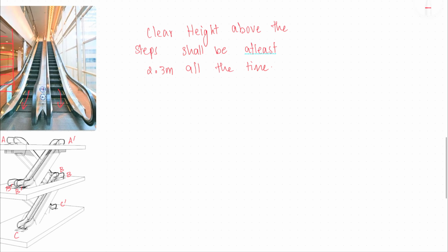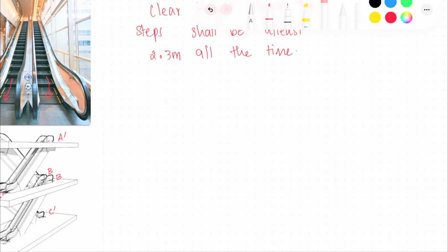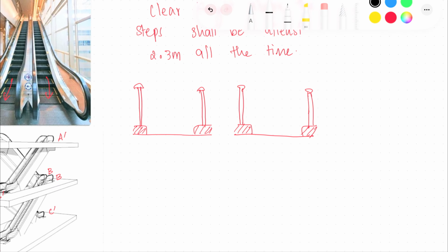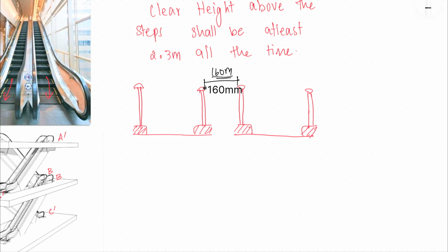And in case the escalators are arranged close to each other, usually in your parallel or crisscross arrangement, so if you see, so imagine these are two escalators, then the space between these two handrails should be at least 160 mm. The minimum should be at least 160 mm, it can't go below that. Okay,